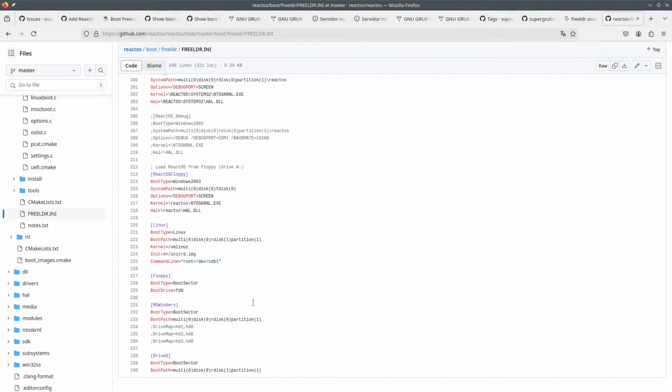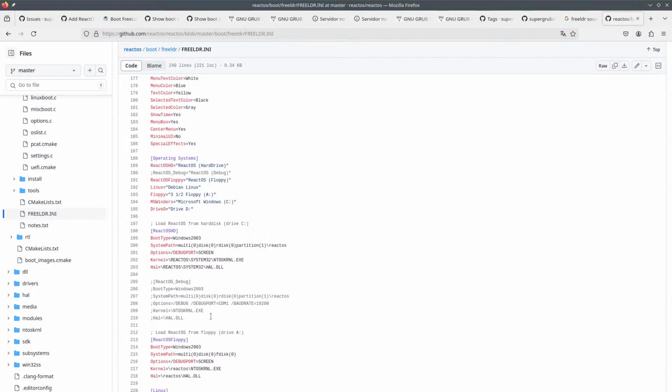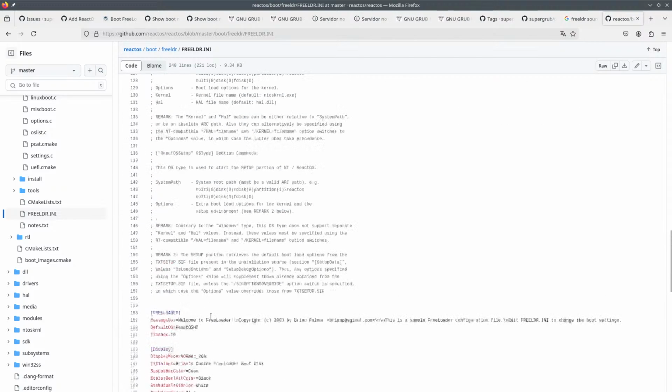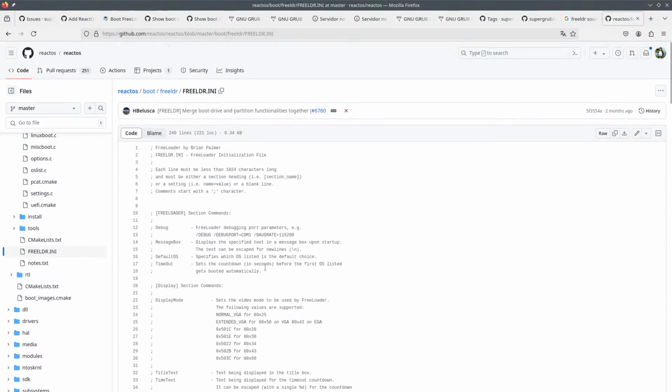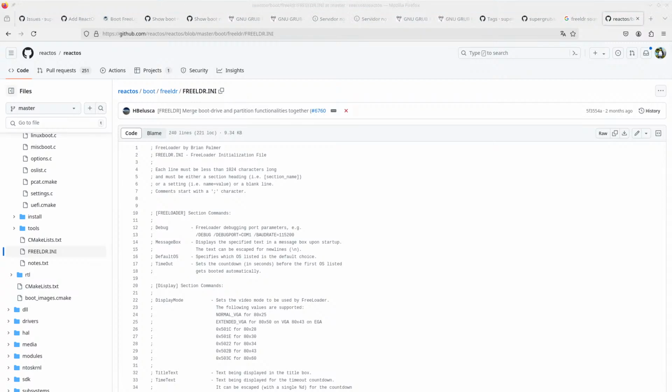Probably MS Windows. So this is Windows. Maybe here there is some Brian Palmer. We don't know if he even has an IRC handle.